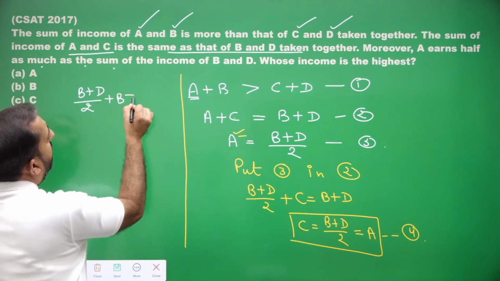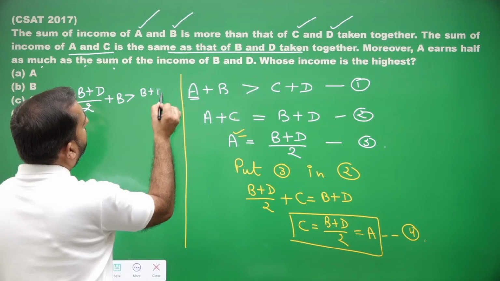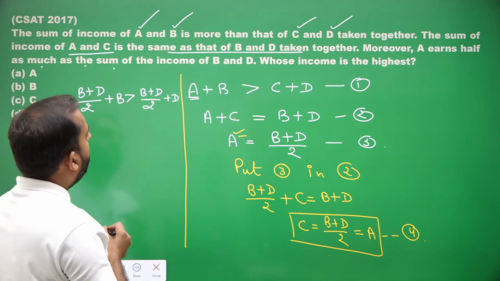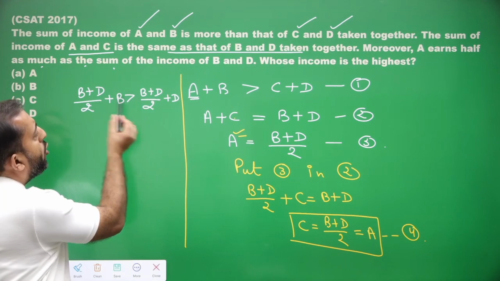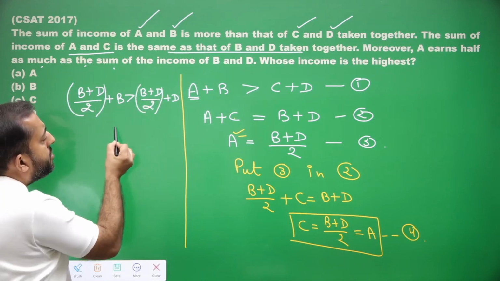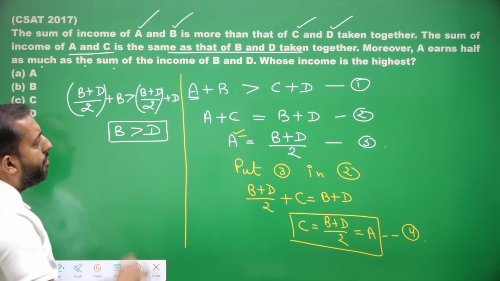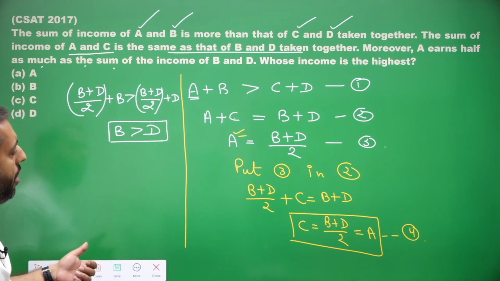Plus B, and replace this C with also B plus D upon 2, plus D. Okay, so see, on both sides of this inequality, we have B plus D upon 2, which means B should be greater than D. Now, further,